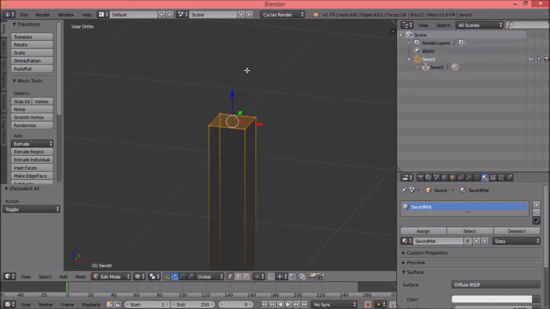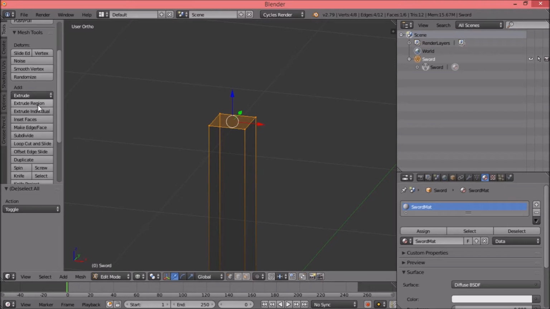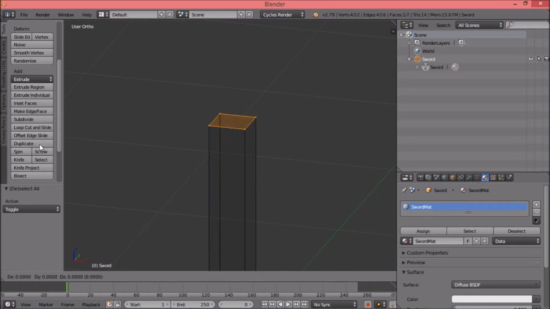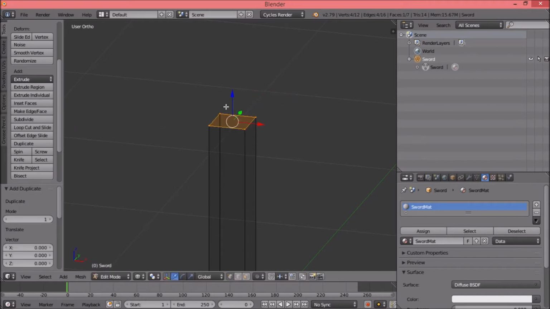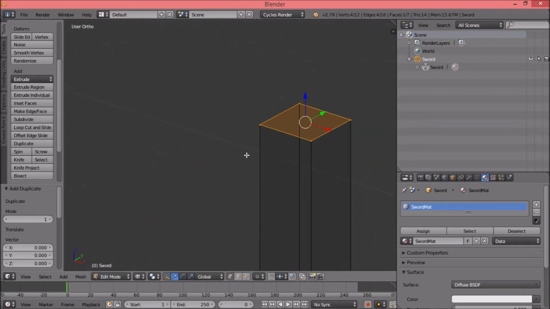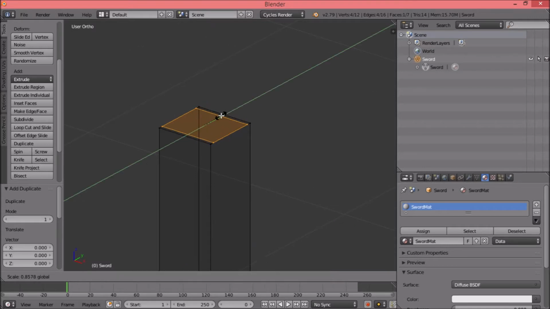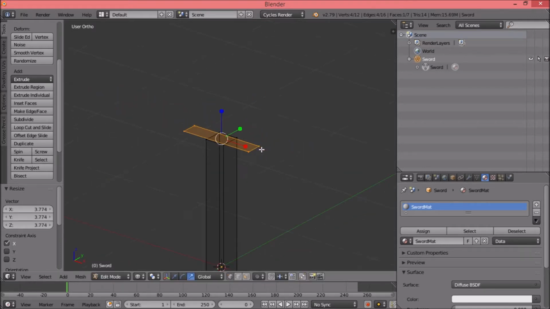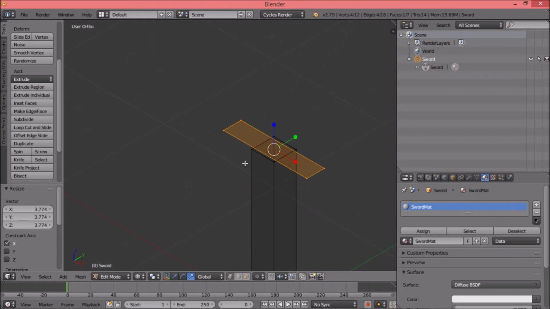Let's use lasso with control and left mouse, and then duplicate it with shift D, or you can duplicate it from this toolbar. Duplicate. This will duplicate your selection, and you can release this with right click. Now we'll scale this to get the silhouette for our blade. So we have this face on top of our handle,